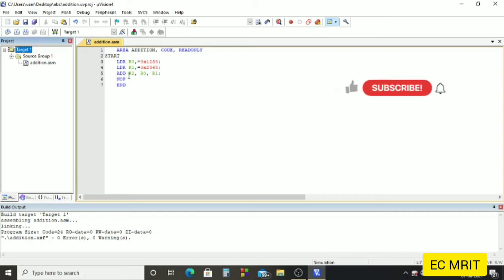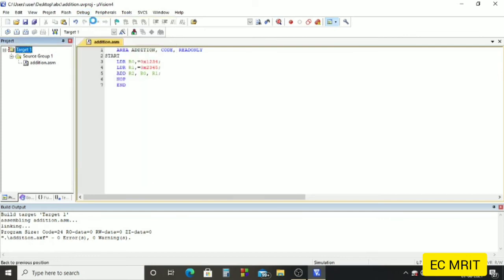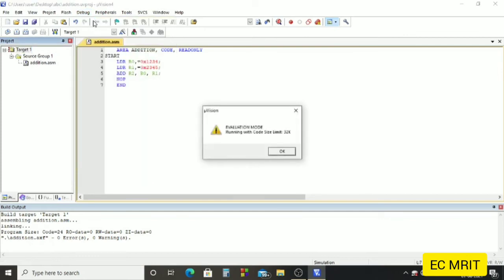So to see that, we'll start debug. We have this start and stop debug option icon here, so we can click on that, or else we can go to the debug menu and click on start or stop debug session. It will ask to run a code with limited size 32 KB.